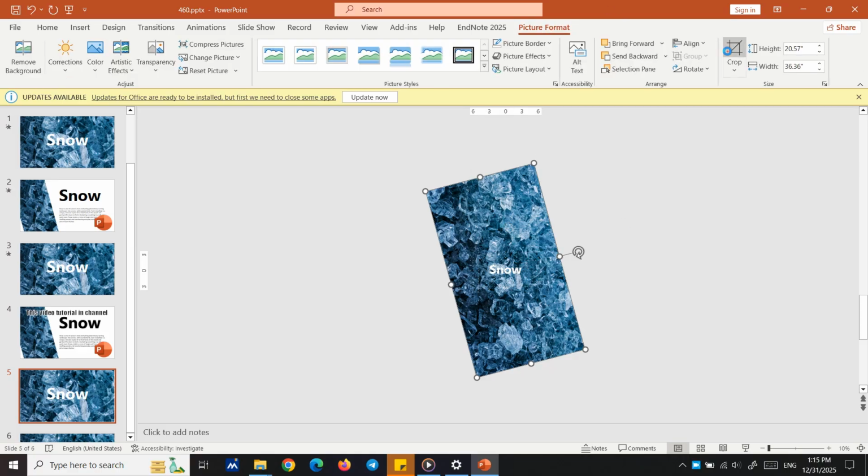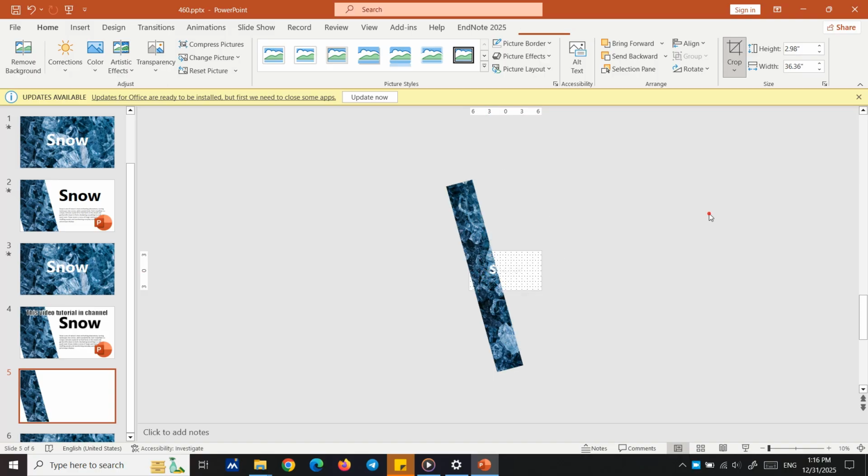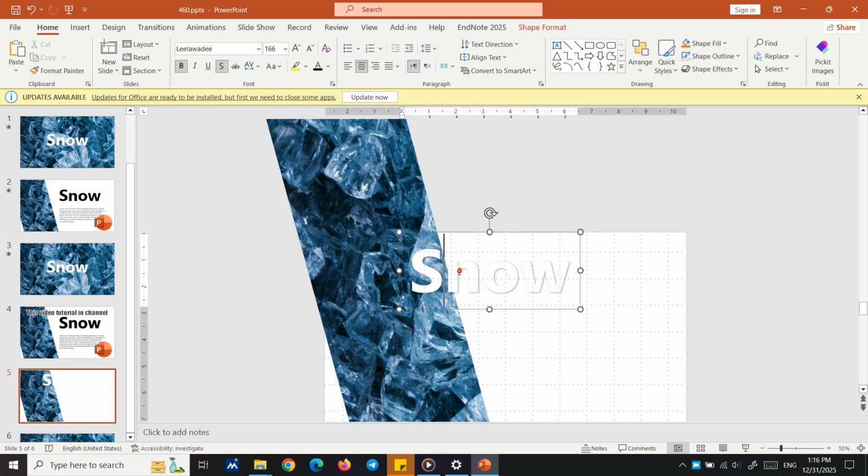Use the crop option. Reduce it to the size you want. Something like this, for example. Okay, it's good. Then you just simply bring this to the top